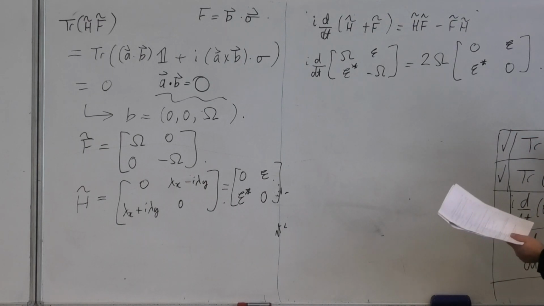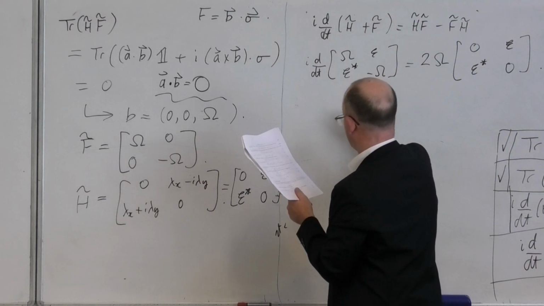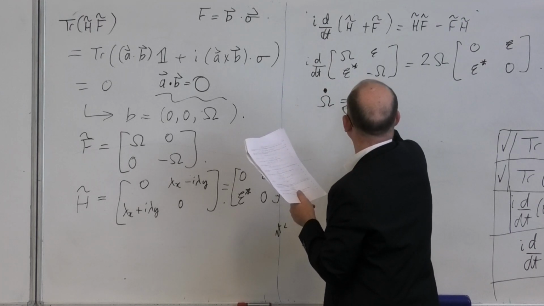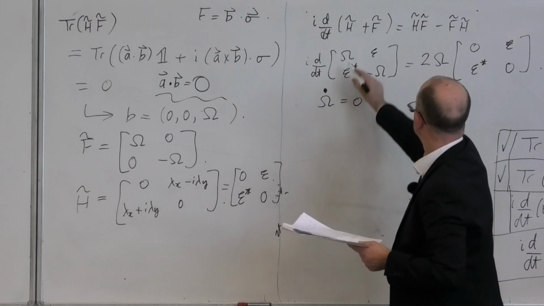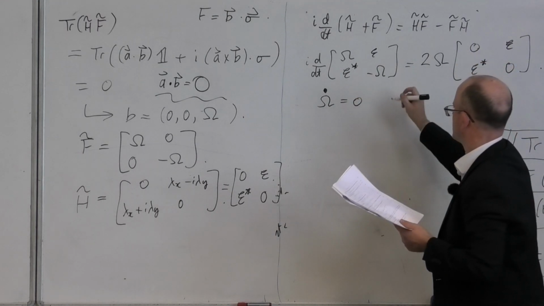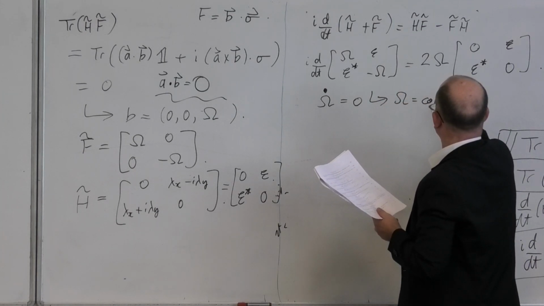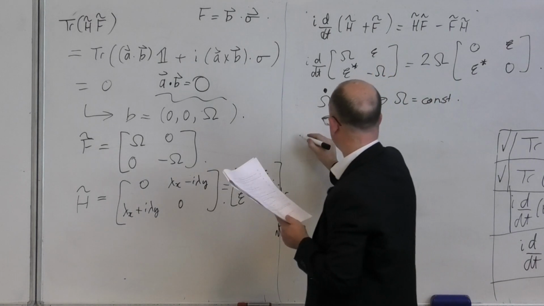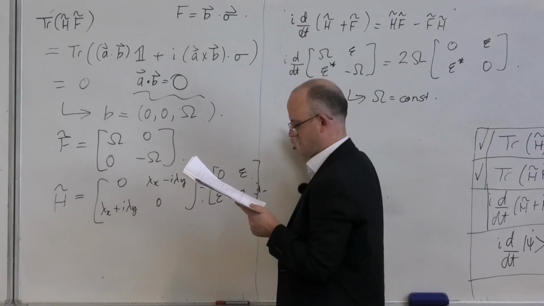Now, we can solve this quite easily. I'm just going to write down what the solution is. If we look at the left-hand side here, this omega bit, that bit's unchanging, so this thing must be equal to a constant. And the remaining 2 equations in these variables, epsilon and conjugate epsilon,